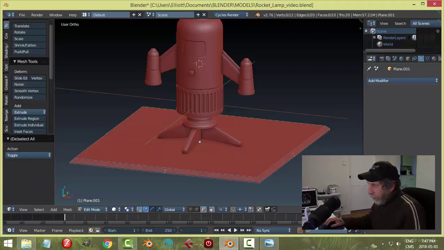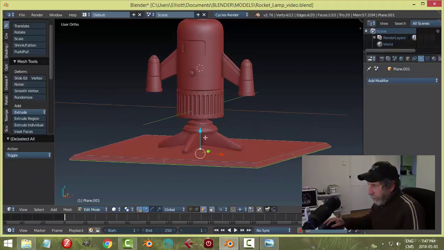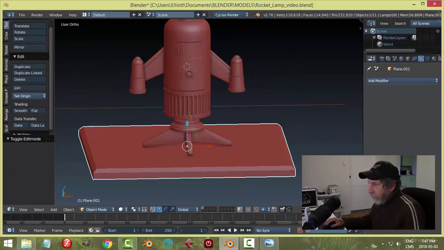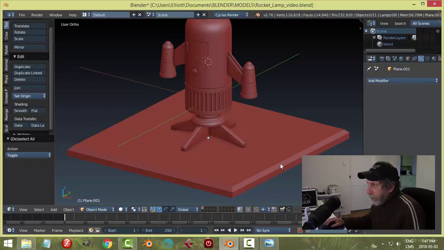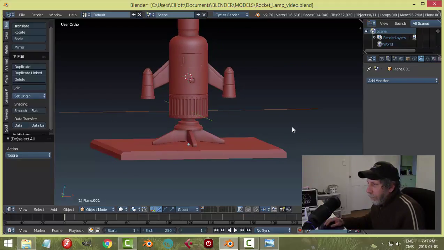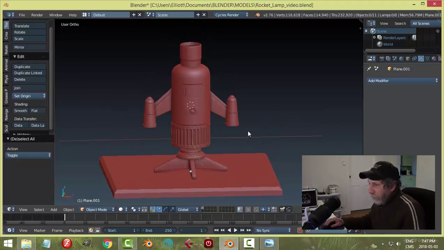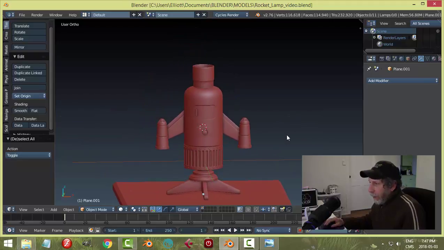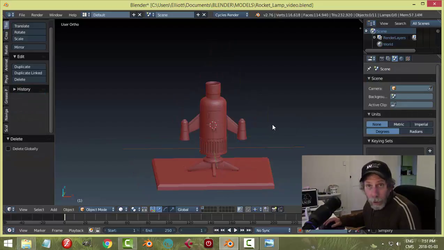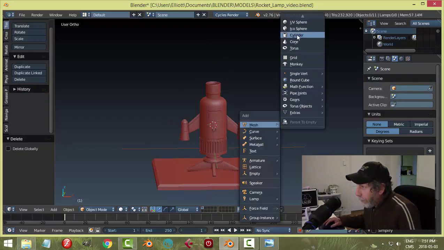Just go like that for now. Okay, so that's how that would sit there. And we're going to get to work on the top part there. We're going to do the lampshade now, and for that I'm going to bring in a cylinder, but before I